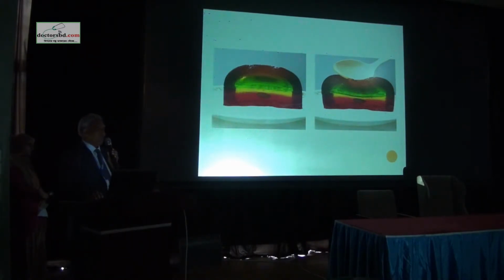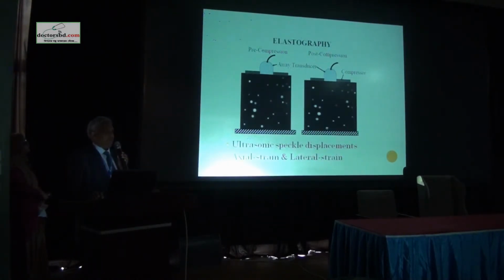Look at this example, you can understand it very well. See the two models. One model is without any pressure. In the other model, when you apply pressure, you find a little bit of deformation. But there is some area, represented by the almond, representing a hard tissue, which does not deform. That is what happens in response to disease when elastography is applied.